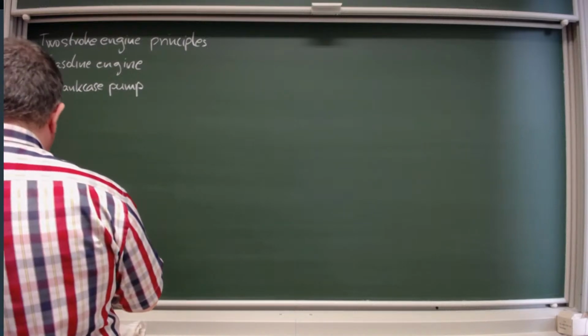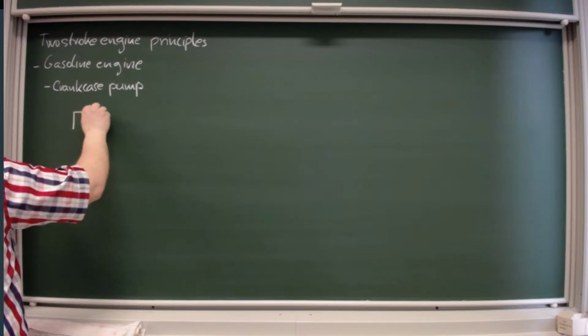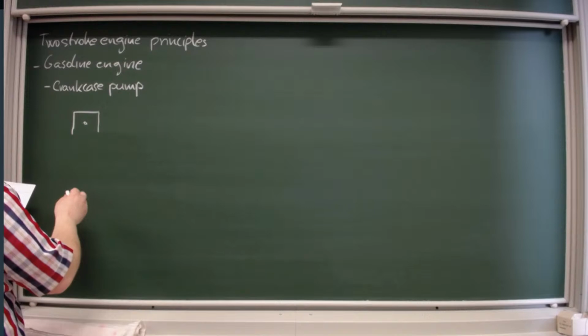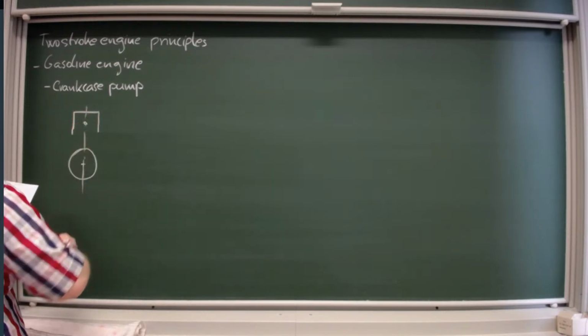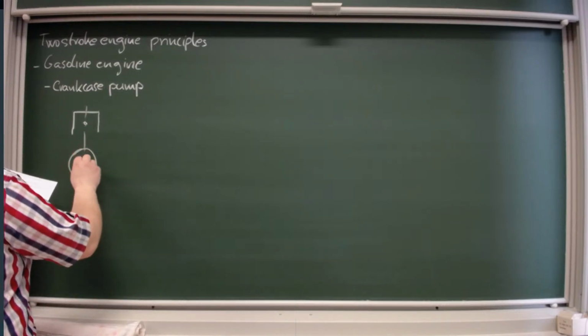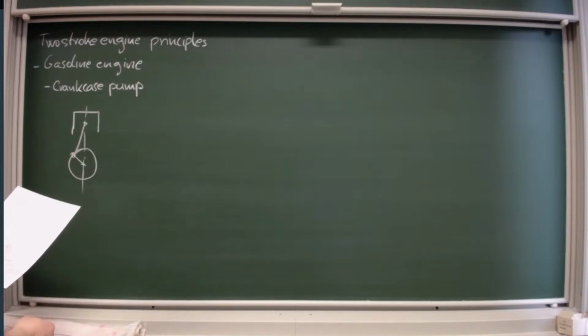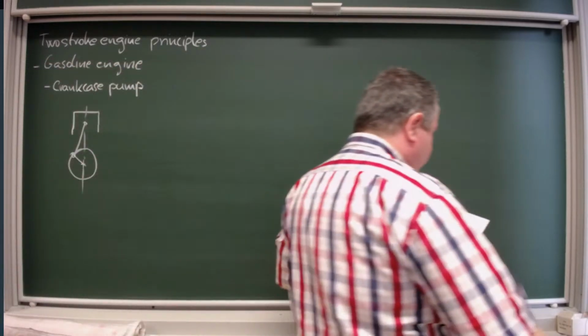And this crankcase pump looks the following. You get a piston that is in the cylinder. You get a crankshaft. Let's say you get a connecting rod connecting the crankshaft and the piston. And what else you get? For sure, you get